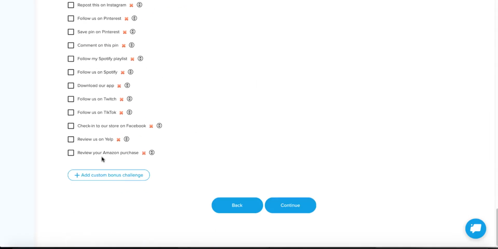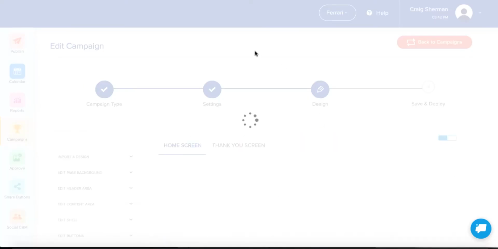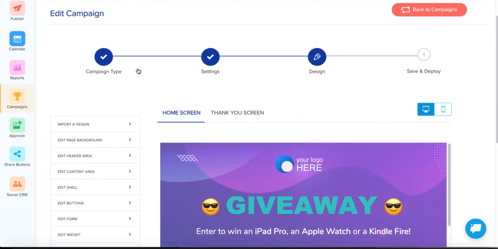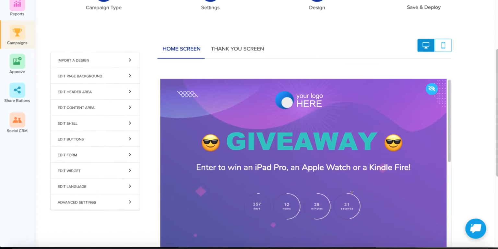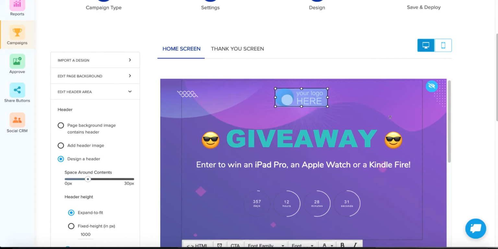So what I'm going to do, you can also create custom bonus challenges if you'd like. If you don't like any of our standard ones, next step is to continue. And here's where you would design exactly how you want it to look for your client. Literally everything on here is customizable. All you need to do is click on an element and you can delete it, modify it,